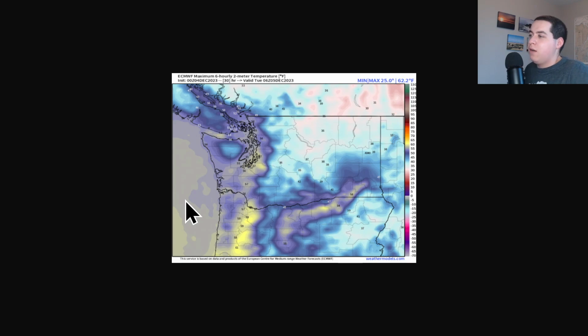It's bringing up air from the subtropics. If you remember that image we just looked at, it comes up from Hawaii, and it brings that hot air with it, and of course it moderates over the chilly Pacific Ocean, but it can still bring temperatures in the upper 50s to low 60s for parts of Western Washington, Western Oregon, even parts of Eastern Washington and Oregon as well.